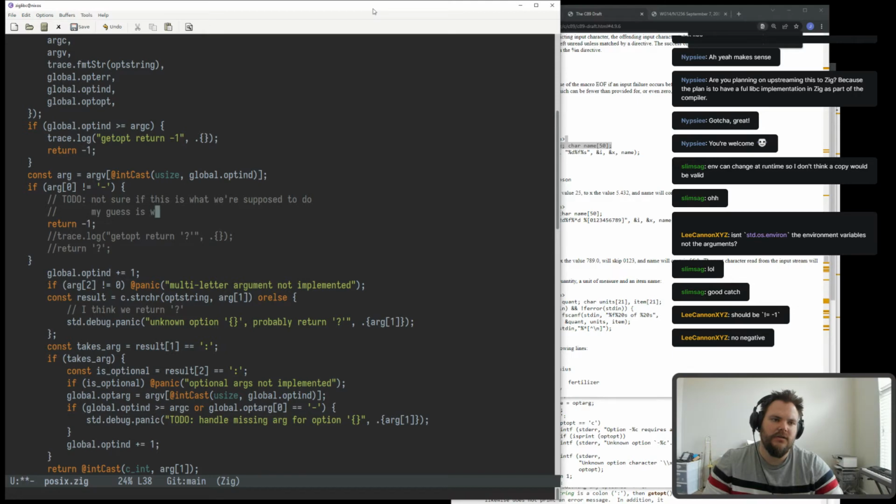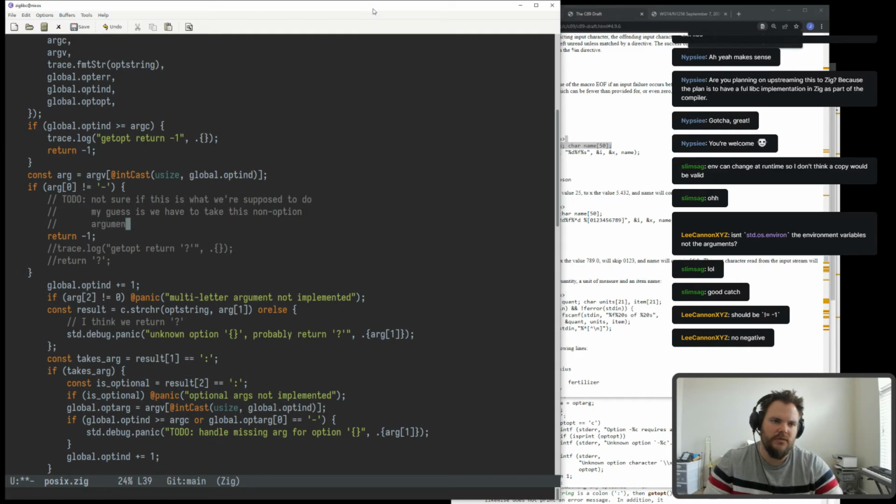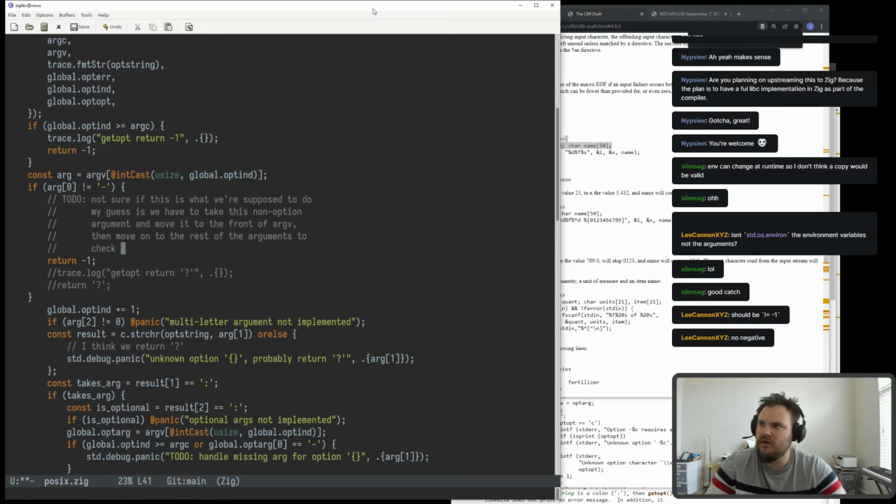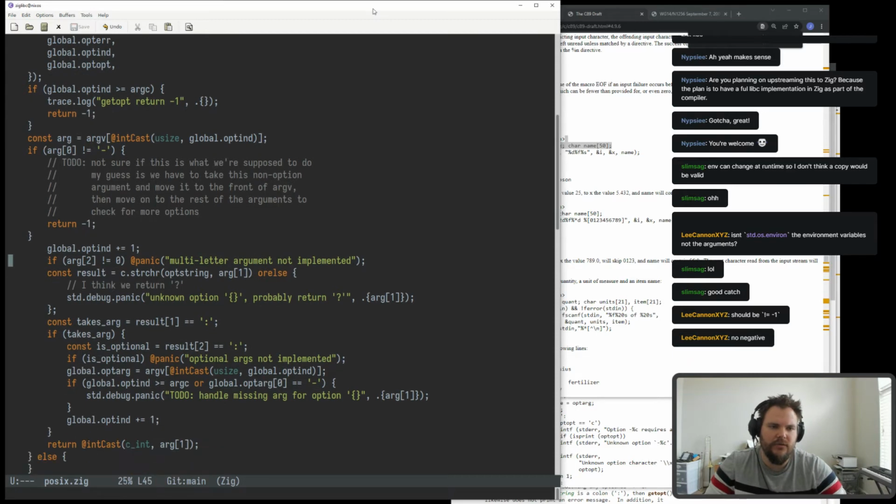My guess is we have to take this non-option argument and move it to the front of argv, then move on to the rest of the arguments to check for more options. I think that's what we're supposed to do, but